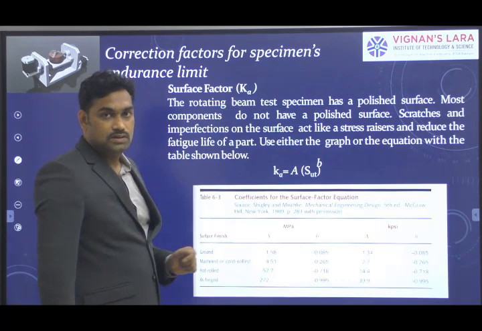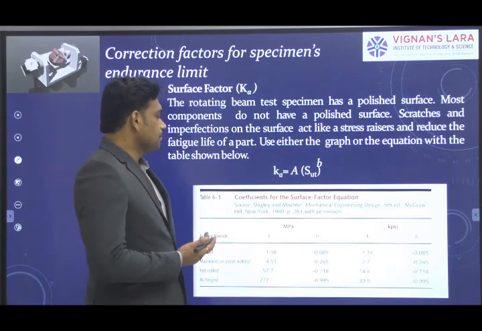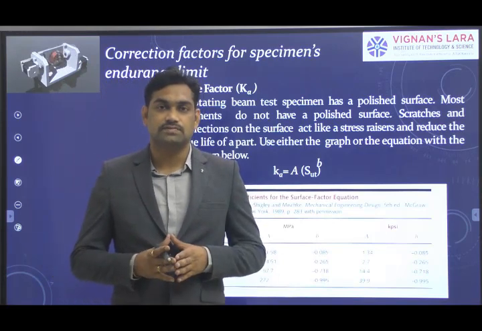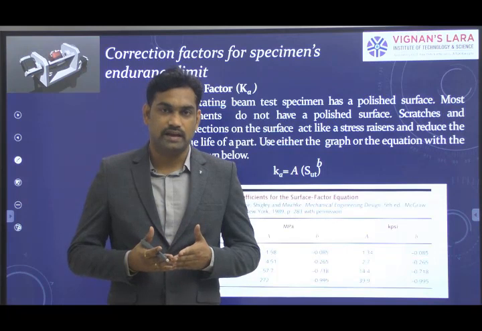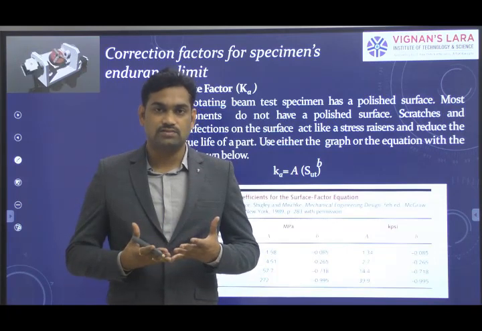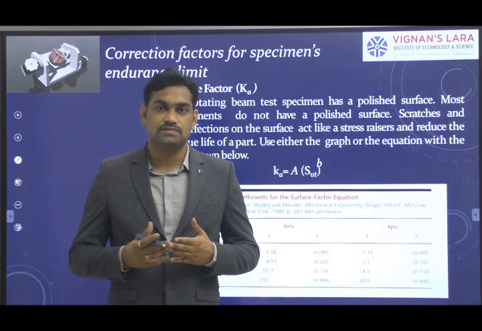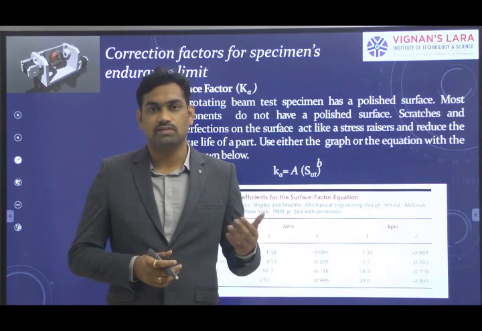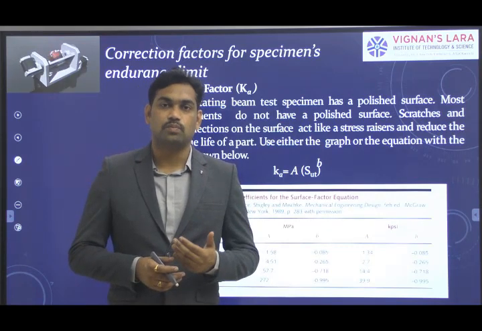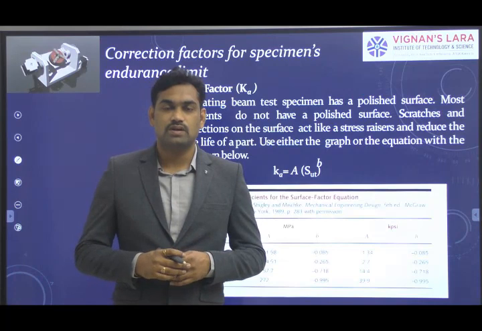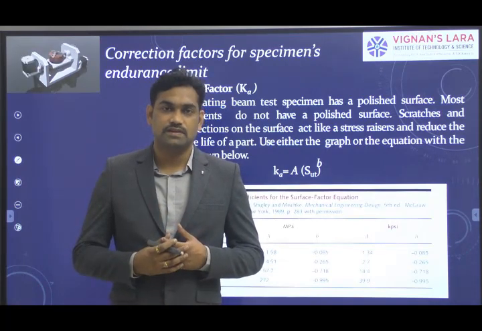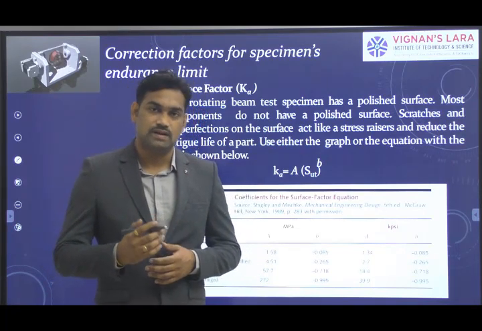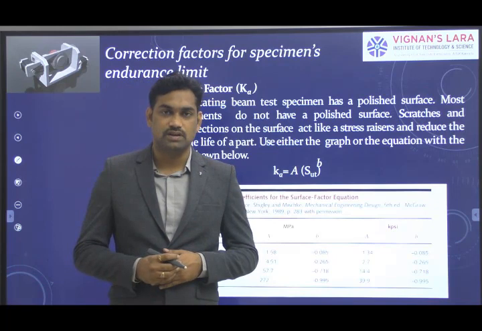First of all, going to the surface finish factor. In the standard specimen, we prepare the surface with a mirror polished finish in the axial direction. But in the actual case, providing a mirror surface finish for each and every machine component would incur a greater cost, and in many machine components it is not desired to provide that much surface finish. Whenever there is a very fine surface finish, there is no surface roughness, so the stress concentration is very low, and we can avoid circumferential defects.